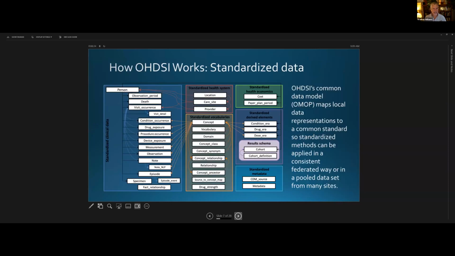And here is this common data model. I'm not going to go into great depth on it. The key pieces are the blue rectangle all the way on the left-hand side. This is where observed data from clinic settings goes, basically. And it's a person-centered model. You get a longitudinal picture of each person's visits and all the conditions and medication orders and procedures, devices that may have been used, lab measurements, and other things that happen at those visits. So that's the way the data is organized. You get people who have visits and sub encounters within visits.